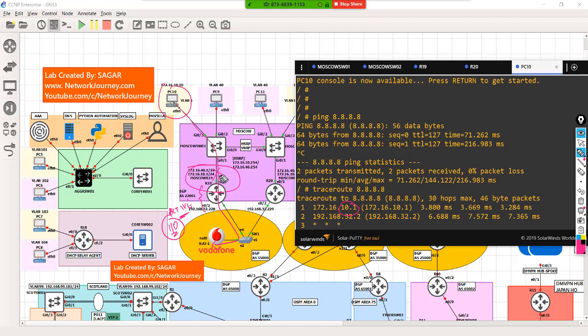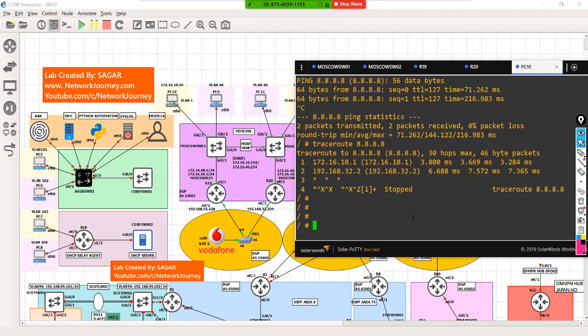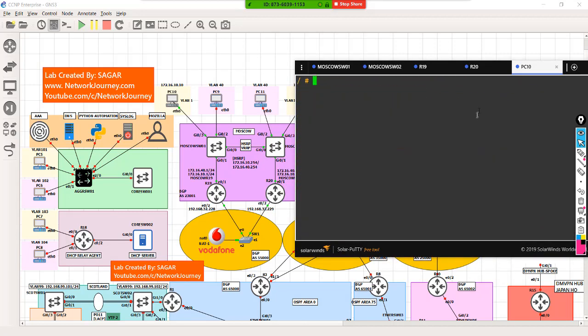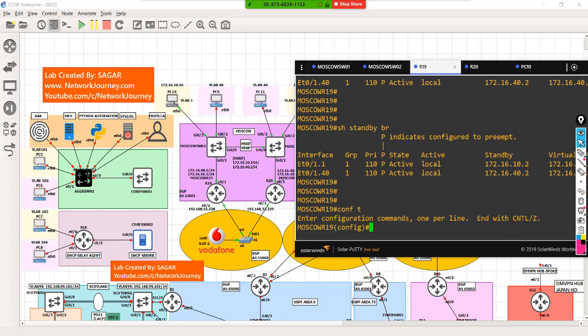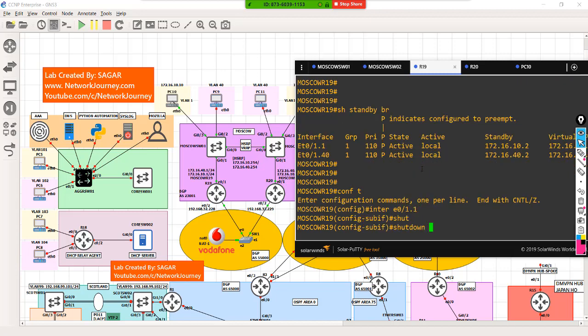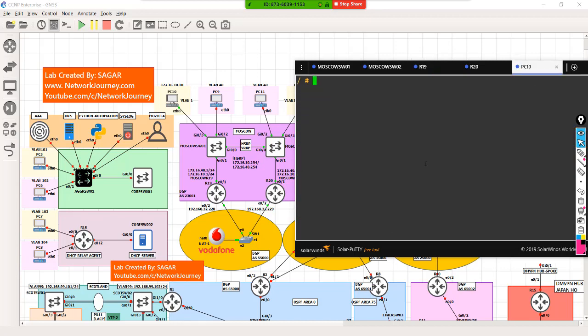Now let's say for some reason this is down. So I'll bring down the interface. Let's say over on router 19, let's bring it down, and let's give it a try now.